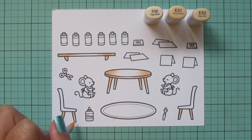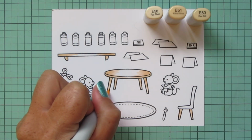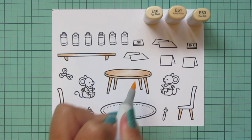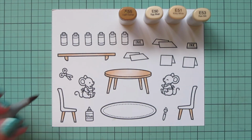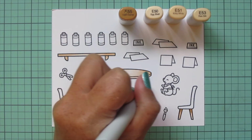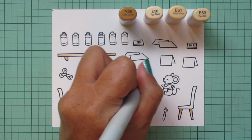So I started with the E53 for the shadows, and then pulled that out with E51 for the mid-tone, and then used E50 for the highlight. Now there wasn't enough contrast for me on those, so I did decide to darken that up a little bit with E55. So I'm going to do a second layer on everything and add that E55 in the mix as